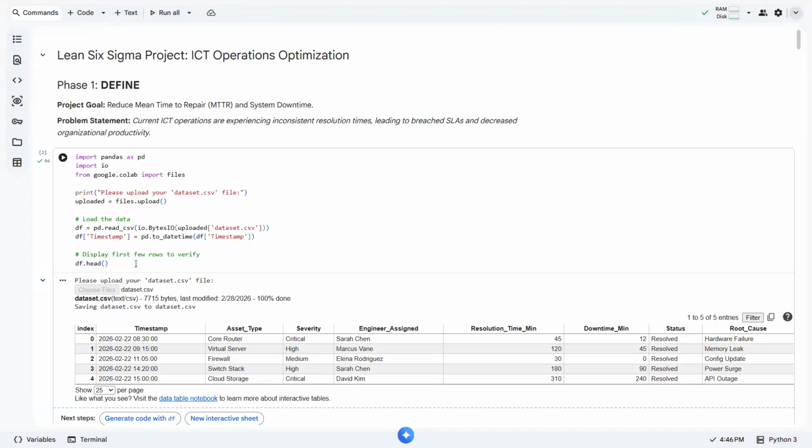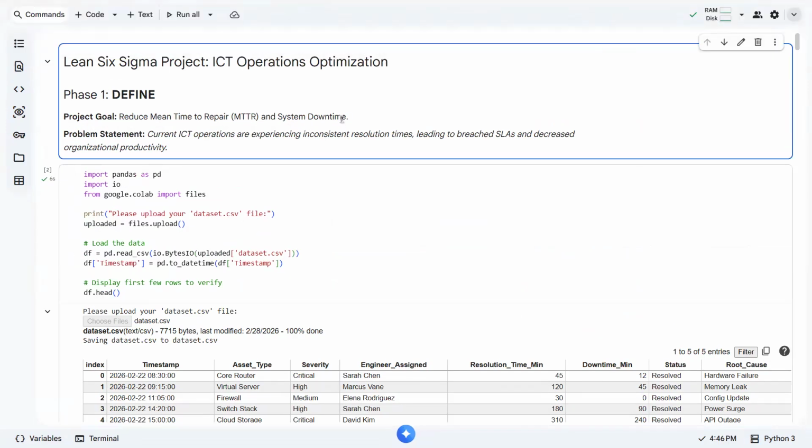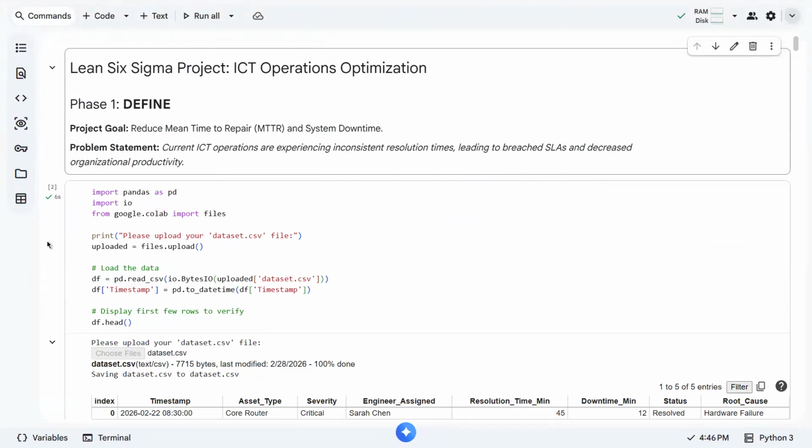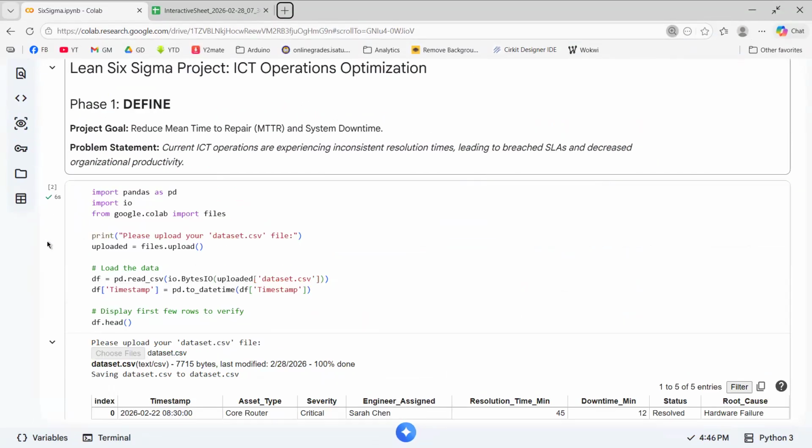So let me zoom in. Okay, I guess this is it. This is our Google Colab notebook, which we had a very brief introduction to last time.